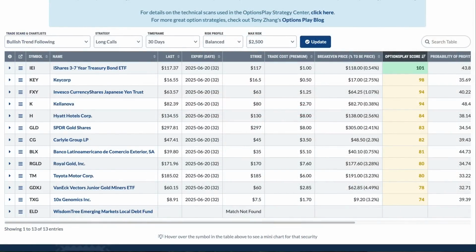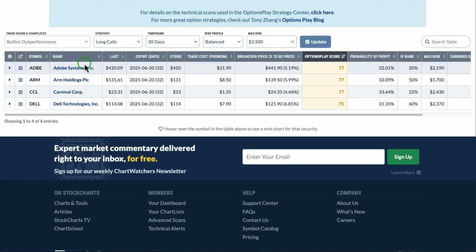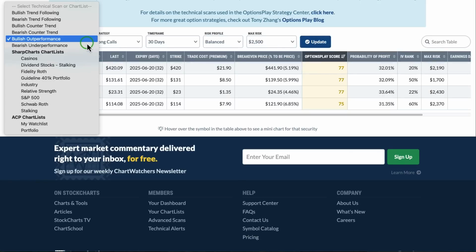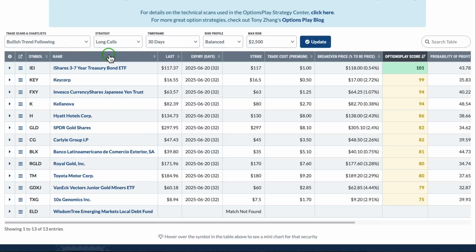And the first drop down, I know it used to just have 6 choices, but now in the new version of this stuff, it now has a lot more. But let's talk about those first 6 choices. It looks like we've got 3 bullish and 3 bearish possibilities here. What are those about? Yeah, so those are trade idea scans that we have built with your scanning engine here